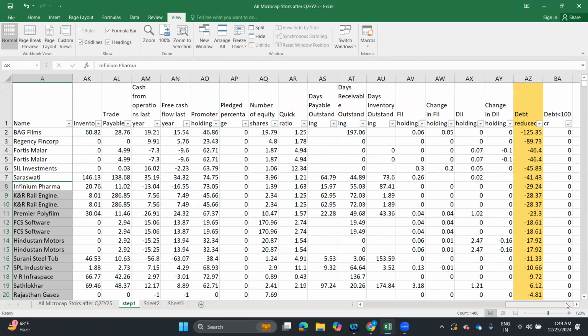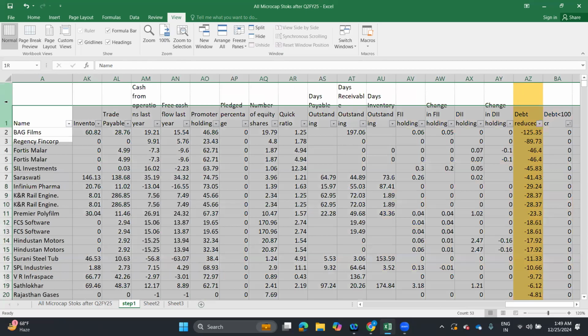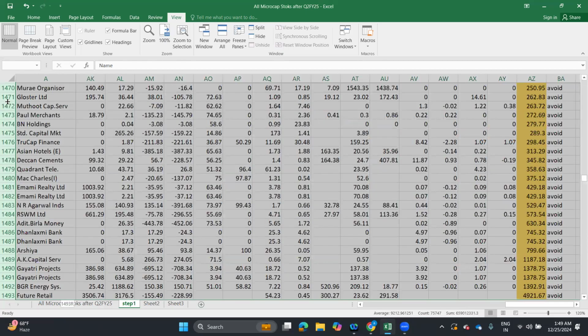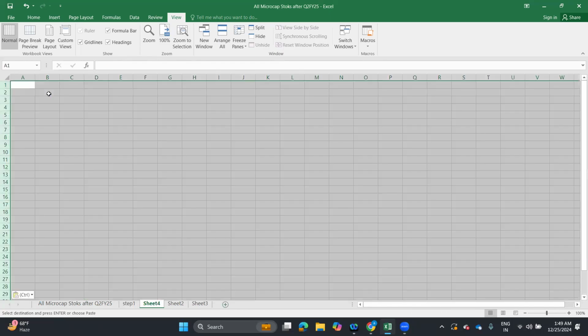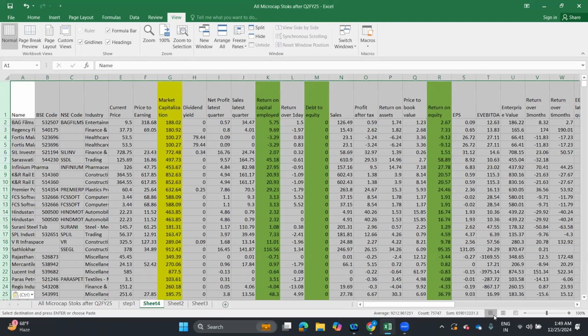See, this is the full list. I'm again copying the whole. This 1493 stocks are there in this particular list. Now I'm taking this into a different sheet altogether. And my motive is to filter this list